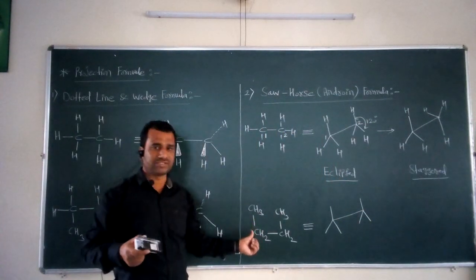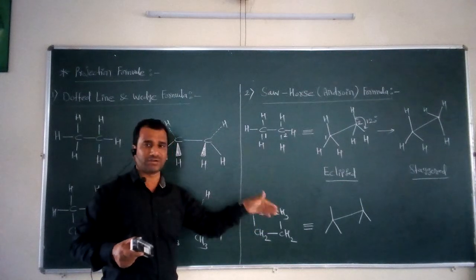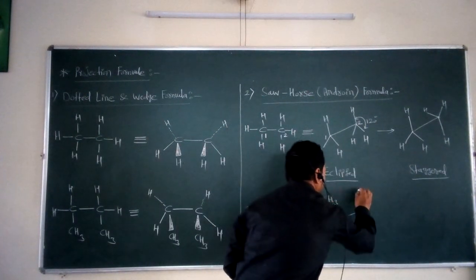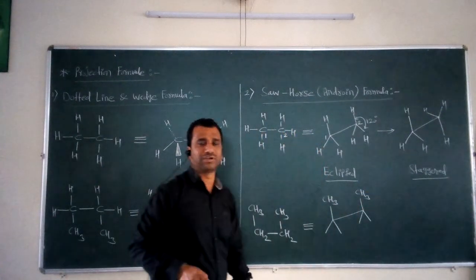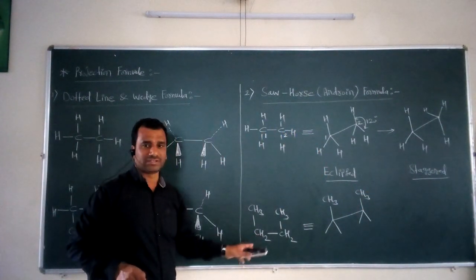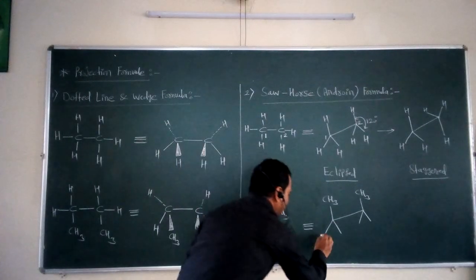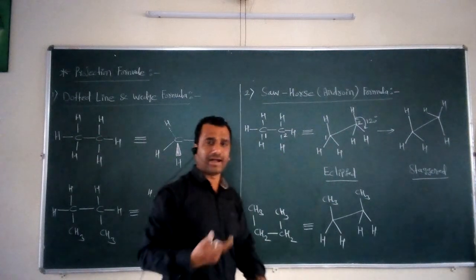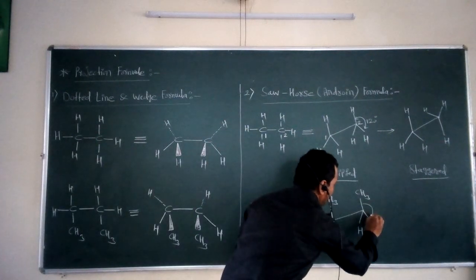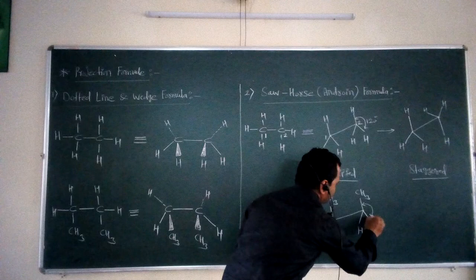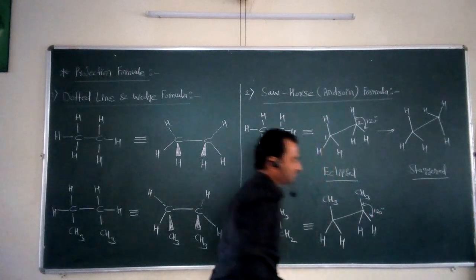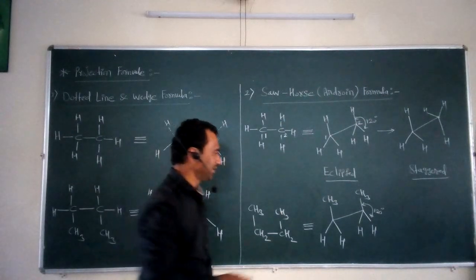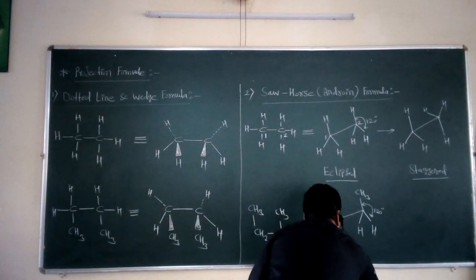Now, if we look toward this molecule from this side, these two methyl groups are present above the plane, and that's how we show these two methyl groups on top of this inverted Y alphabet, and the remaining two substituents are nothing but the hydrogen atoms. So we show first hydrogen, second hydrogen, and again first and second hydrogen. Again we know that the bond angle between these two adjacent bonds is equal to 120 degrees. So this is the first form of this n-butane molecule according to the Sawhorse formula, that is nothing but the eclipsed structure.